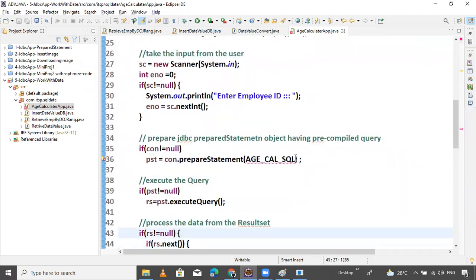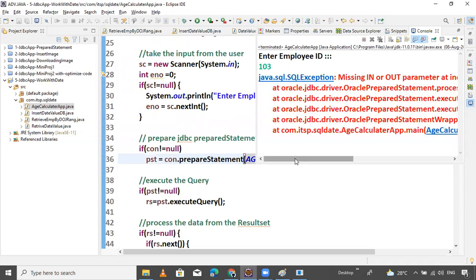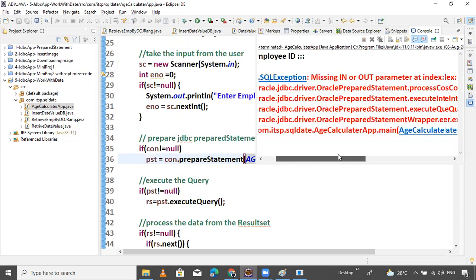Let's try one more time. In out parameter missing.